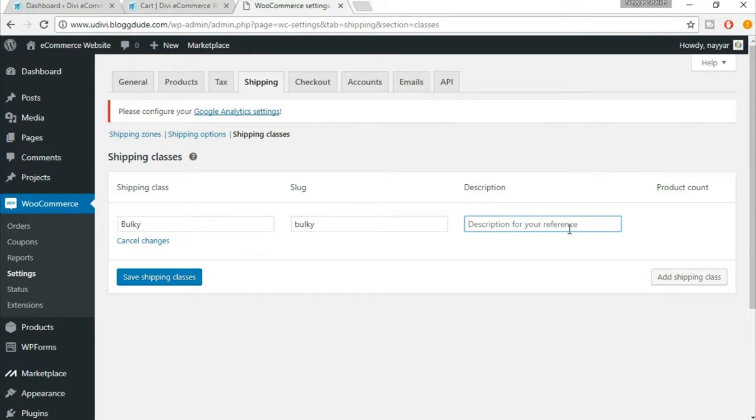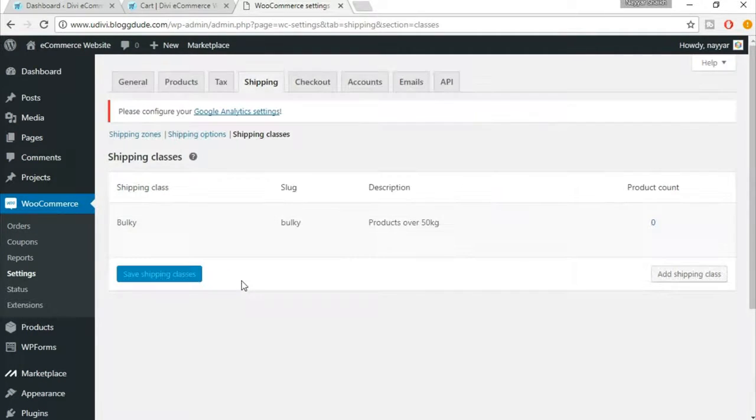products over 50 kg. For example, just for the sake of illustration, in description we'll say product over 50 kg. So whichever product is over 50 kg will be charging different shipping cost for those kind of products. Okay, so once you do these settings, just click on save shipping classes. It says product count is 0 because we haven't created any product right now. But let me show you how it looks like